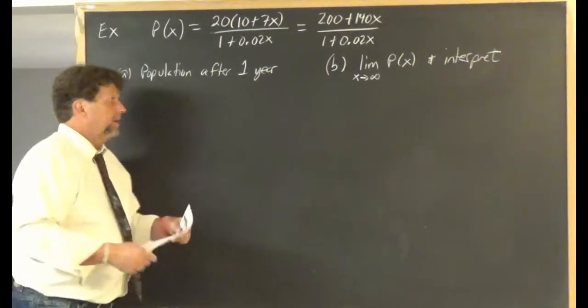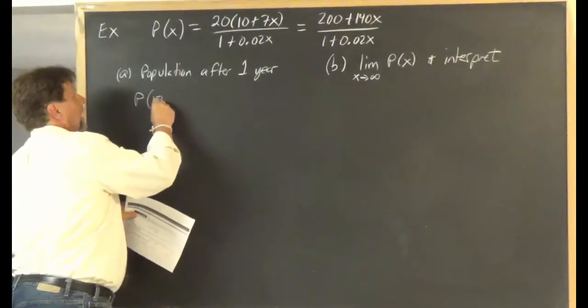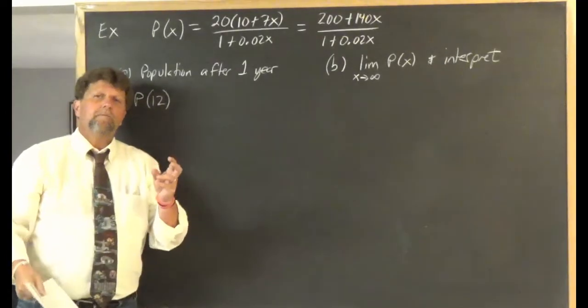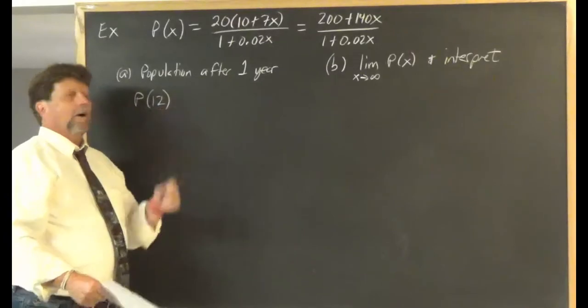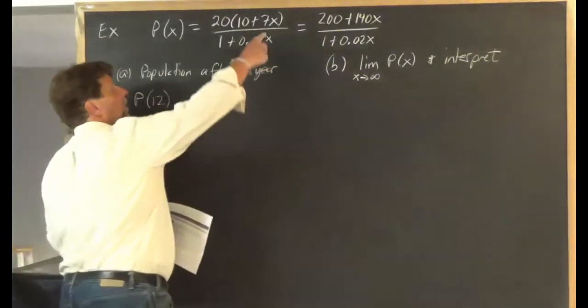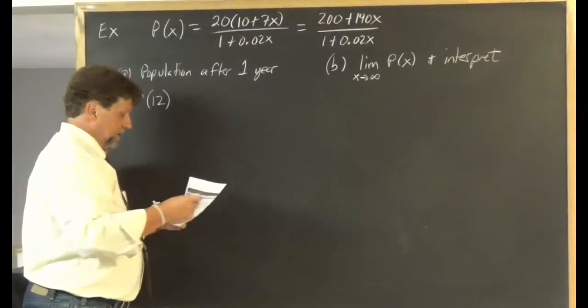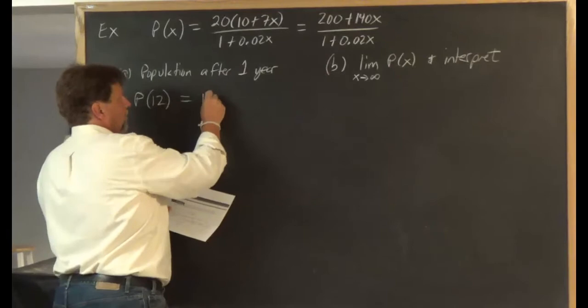That means we need to evaluate this function at 12. X represents the number of months, so 1 year would be 12 months. So I put 12 in for the x's, and I would use my calculator here. And when I use my calculator, I get